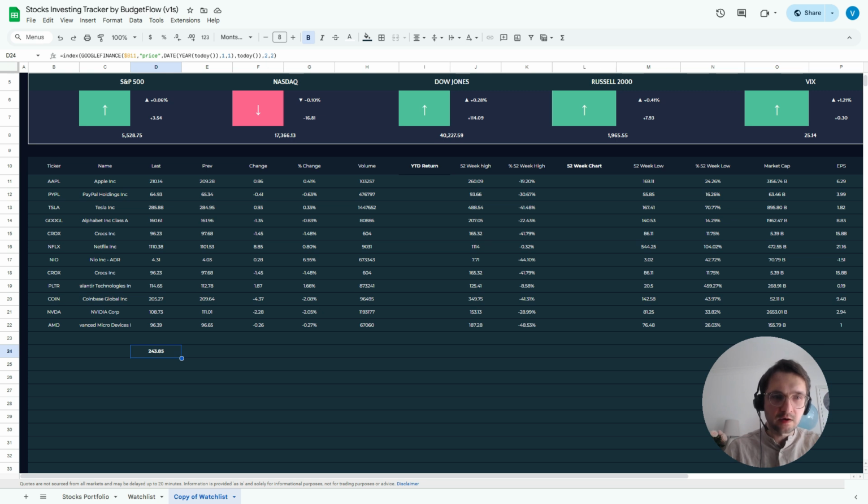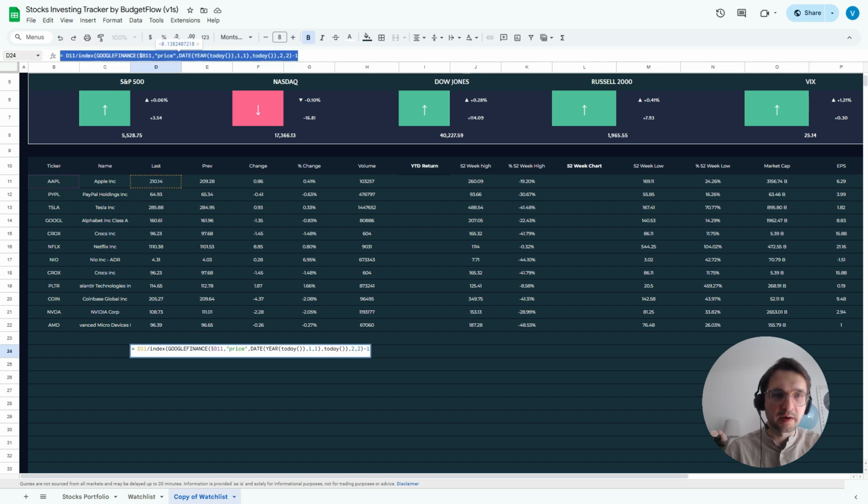Therefore, right now, if I take this formula up, it's perfectly fine. This is the price that we wanted. So right now, all we need to do is I need to have a division of my last price. I need to divide by this one, which will reflect what the stock has at the beginning of the year, minus 1. It will give me this number here, which if it's converted to the percentage will give me minus